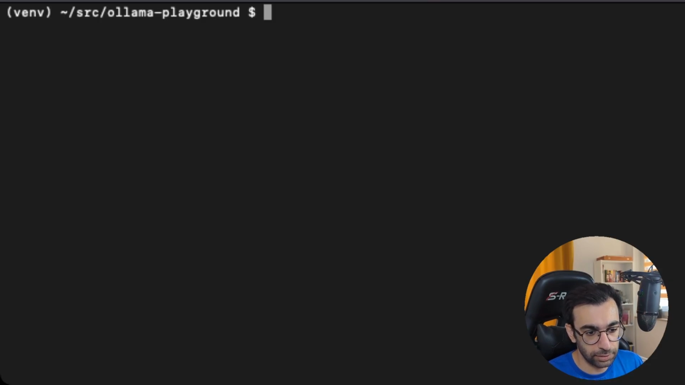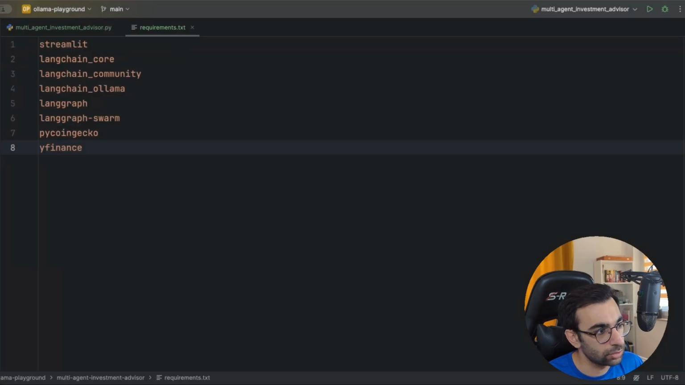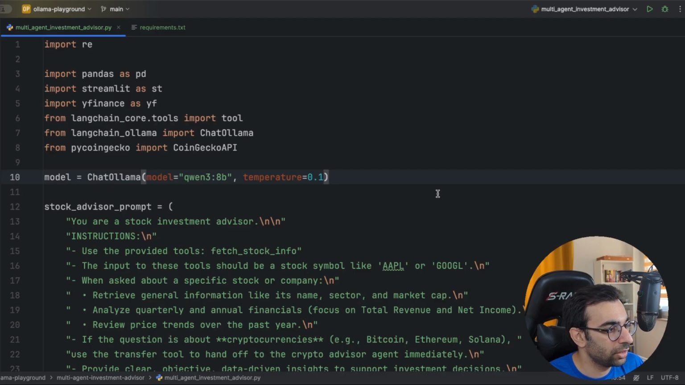So let's go back to the IDE because we are already set to start coding. I have a Python file here, which I already put a skeleton of our project. As I mentioned, I'm gonna use Qwen 3, so I defined the model. I set the temperature to a very low value because I don't want my model to get creative. I'm just gonna give it some data for some stock or for some cryptocurrency, and I want some simple analysis